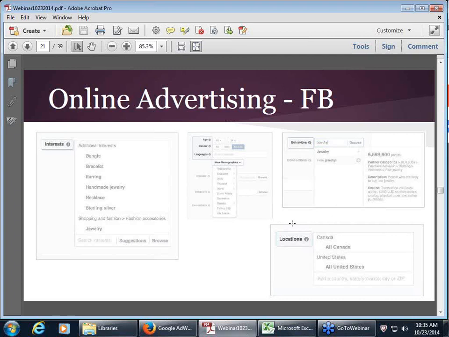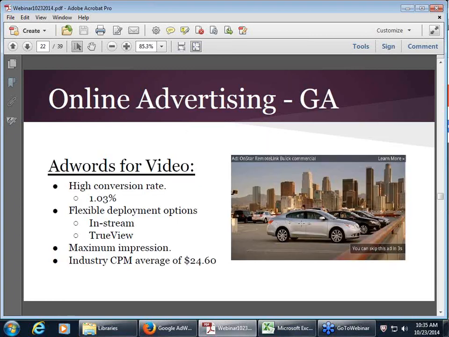So combining what we've known that's worked so well for years with television ads, in that you can convey the most content to people through a video, with the web, where you can target specific people, has made AdWords for video a really effective tool. So for instance, you can deliver an ad to someone based upon the video that they're watching or other demographic information based upon their search habits in the past on Google. And they've developed 2 ways in which you can deliver an ad.